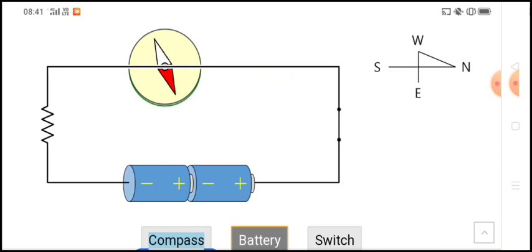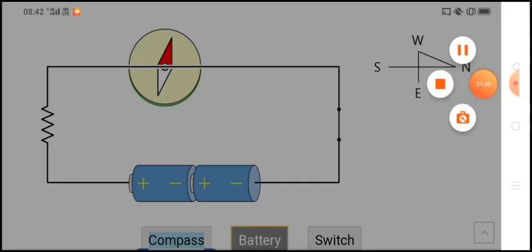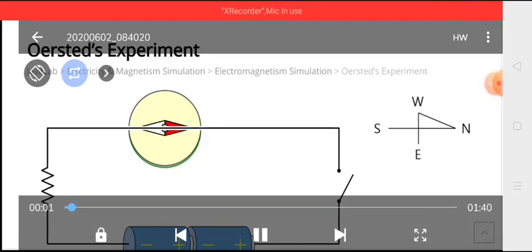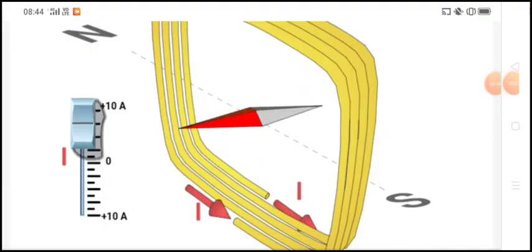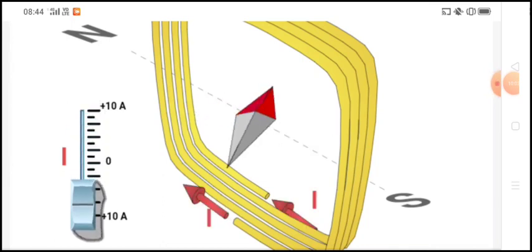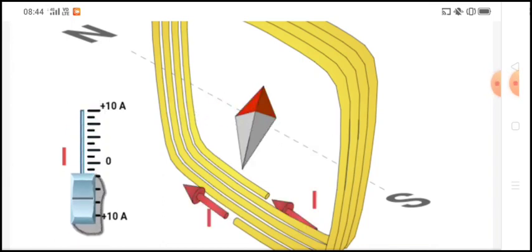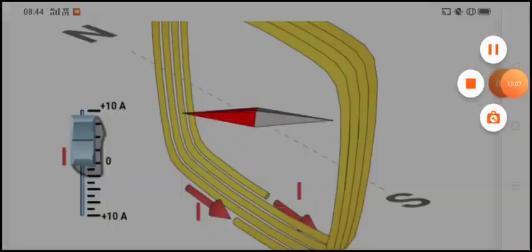A very simple setup gives us such a good understanding of the dependence of electricity and magnetism. This was actually the key circuit that helped Sir Hans Christian Ørsted to come to this very important conclusion. I would like to show you how changing the current also affects the deflection. See, when the magnitude of current is changed, how the deflection is varying, isn't it?